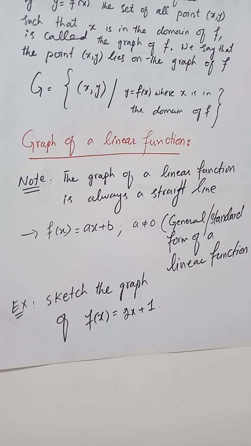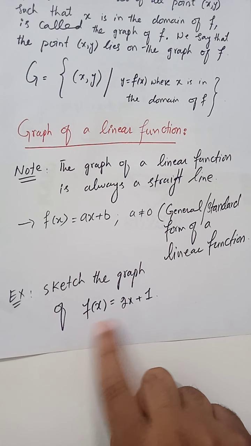So for that, it is not necessary that you draw or plot each and every point in the xy plane. You just need to plot two ordered pairs in the plane and draw the line through those 2 points, because the minimum requirement for the construction of a line in the xy plane is just 2 points. If you plot 3, 4, 10, 20, it's your choice, but the minimum requirement for drawing a line in the xy plane is just 2 points.